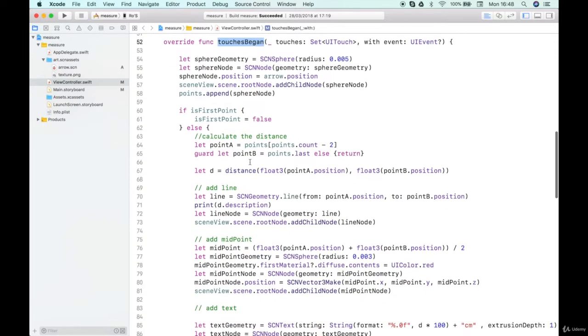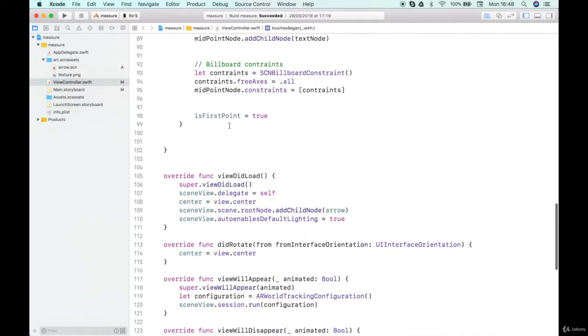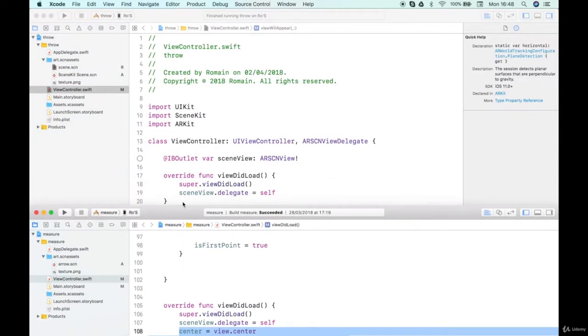TouchesBegan, we will need that as well, but not all of it. It's really just once. We'll just replace our arrow with the game node, and then every time we tap, we will throw a ball. So this is going to be different. ViewDidLoad, so yes, here we will need the center, and we'll need to add our arrow node. Okay, so if I first take this, copy and paste